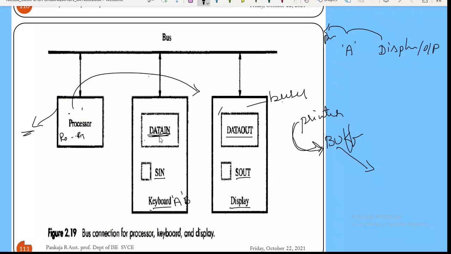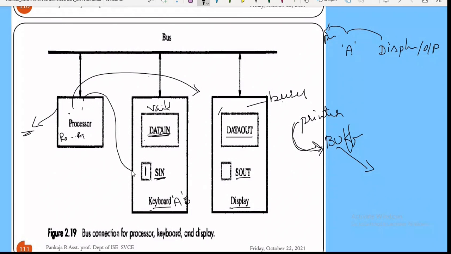Once this register is full, we need some mechanism, so the keyboard should indicate that there is valid data in the buffer. For that it uses this flag, the signal for the input device. As soon as there is valid data in the buffer, it sets this flag to 1. By default it is 0. If valid data is entered, 0 is changed to 1.